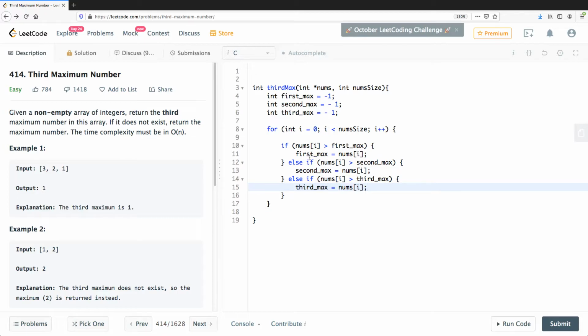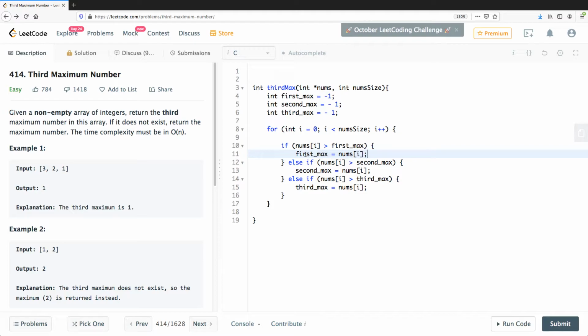What we need, as you can see, is that we already reset first max, but is that enough? Do you see any gotchas here? I see one gotcha, which is that if you reset first max, what happens to the second and third maxes? Because if first max is going to be reset,